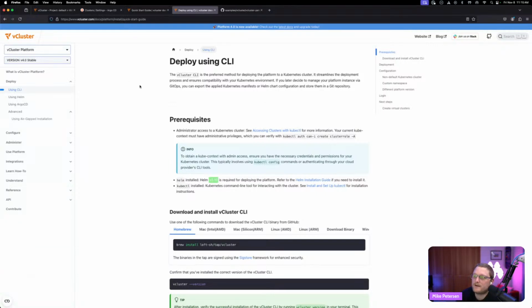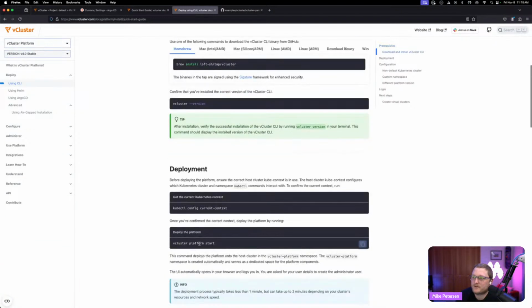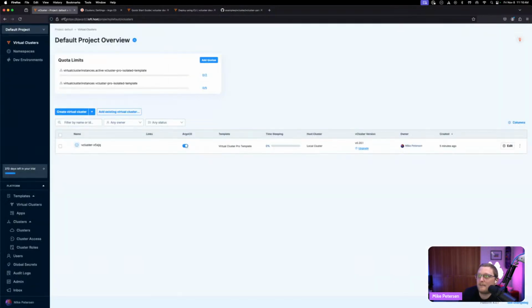And then what you would want to do is install vCluster platform, just running this, and then you'll get a 14-day trial. And on that trial, you're going to have access to everything. You'll be able to configure different things and do a POC. But like I said, you want to make sure that your virtual clusters are running, because then you're going to want to be able to set up your templates and use your vCluster YAML that you're using previously and import that into